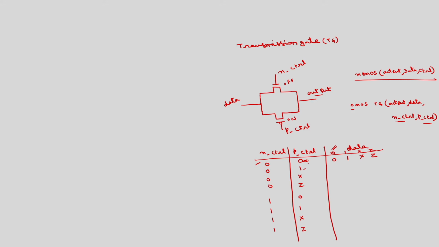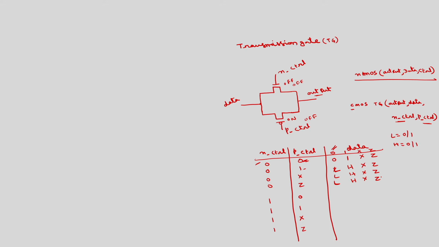Okay. If P is equal to 1, this is also off, and N is equal to 0, this is also off. So, we will get the high impedance state. If data is 0, low, 1 high, x, z. Here L stands for 0 or Z, H stands for 1 or Z. This I have already discussed in the earlier classes. Similarly, if x, also the same thing, L H x z.